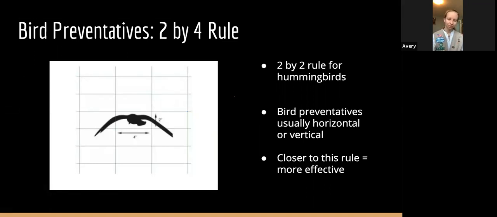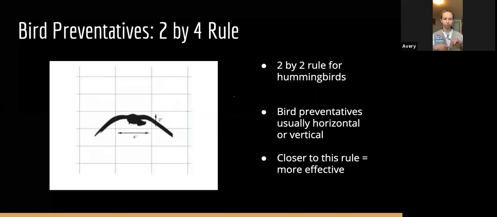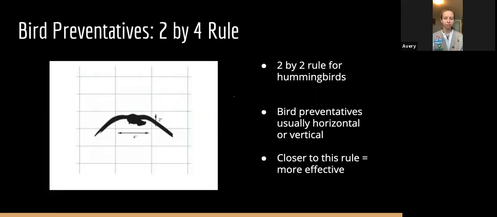And so the rules to go with bird preventatives, there's the 2x4 rule and the 2x2 rule. Bird preventatives can go either horizontal or vertical or both. And when it's both, you want the 2x4 rule. What that means is that you want a 2x4 space, as you can see in that picture there, so